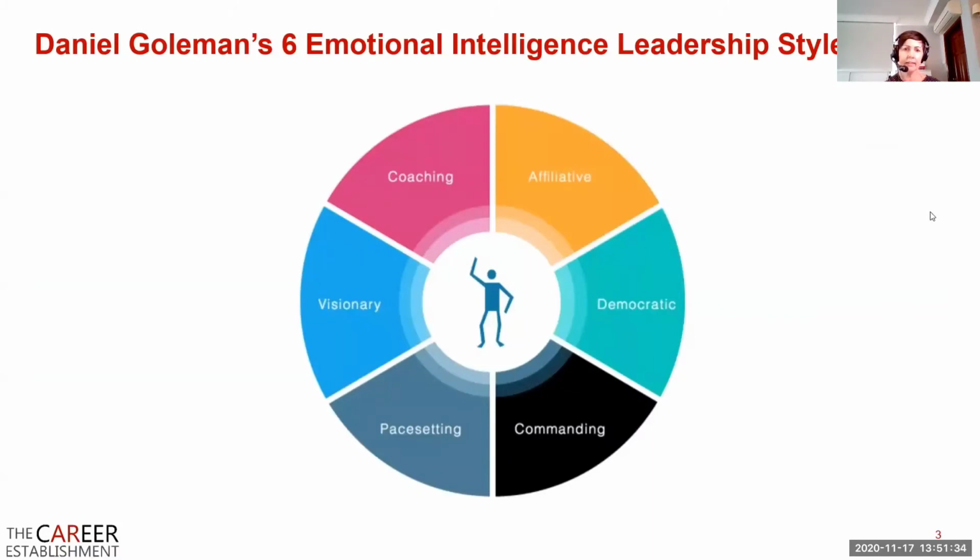So if we were looking at the commanding one, which is in black, at the bottom. Commanding is a great one to use for emergencies. You know, fire alarm's gone off, I've got to get everyone out of the building, follow me, here we go. Or a client's just complained, I'm jumping on this, I'm making sure that we get this right, I'm calling the client. So it's great in regards to someone taking control and giving a lot of direction. It's great when dealing with relatively straightforward tasks. It shouldn't be used continuously because it isn't particularly collaborative.